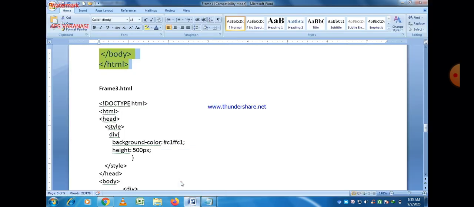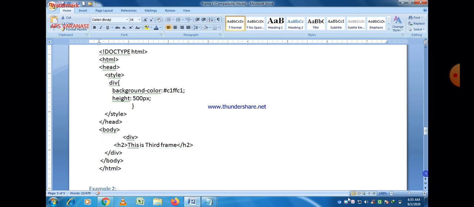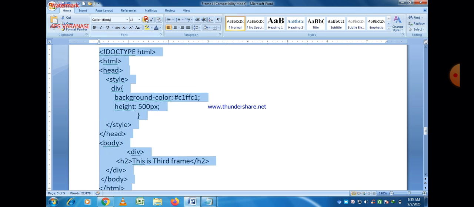Now there is another file, frame 3, and frame3.html. So the same pattern is followed here, but only with two differences.